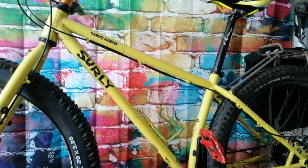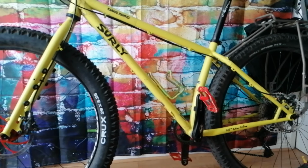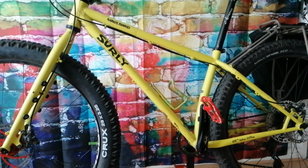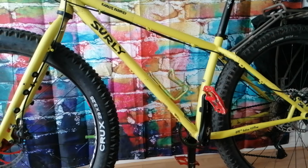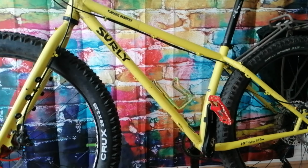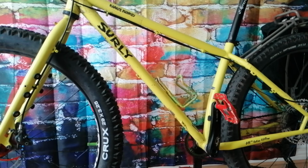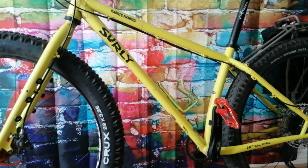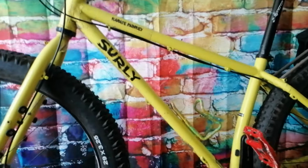So I will be quick and I will go across the bicycle and I will tell you the price of every part. Now, I am a poor starving artist and I have managed to get my dream bike with a combination of patience and buying everything I wanted monthly. So I did have to wait, I don't know, a year maybe, to ride this beautiful thing. Okay, let's go. Okay, so the frame